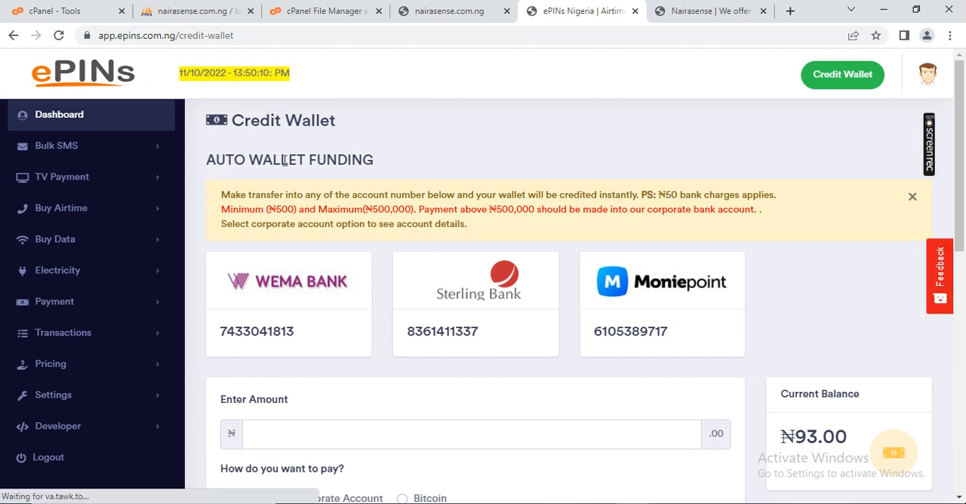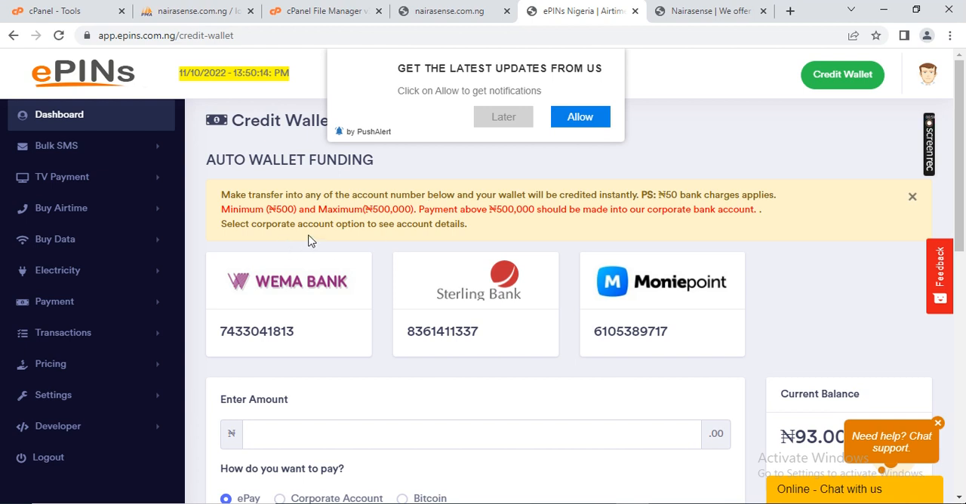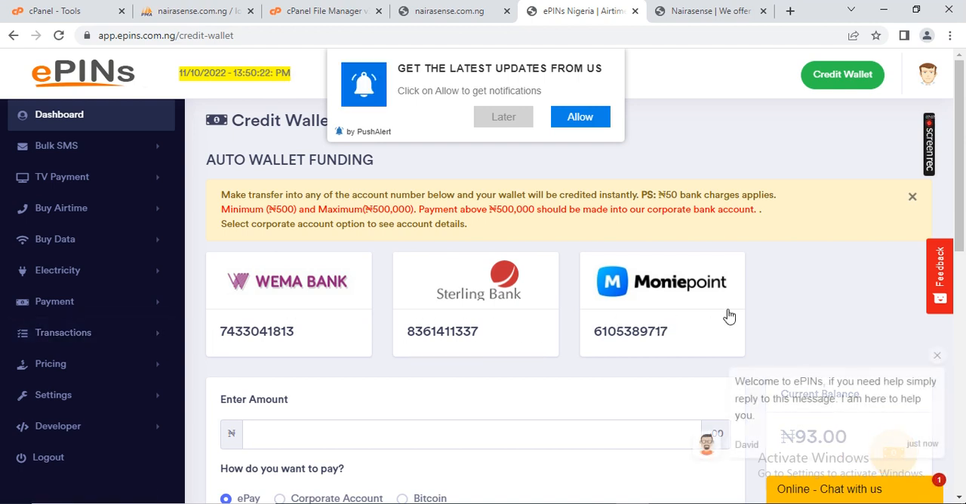You have an auto funding function here, which will automatically top up your wallet once you make a transfer to any of these bank account numbers. So you can just open your bank app or use POS and tell them to transfer money. If it's POS, you just transfer any amount you want to add to your wallet into this Wema Bank account